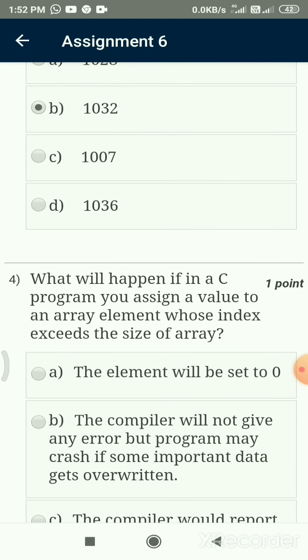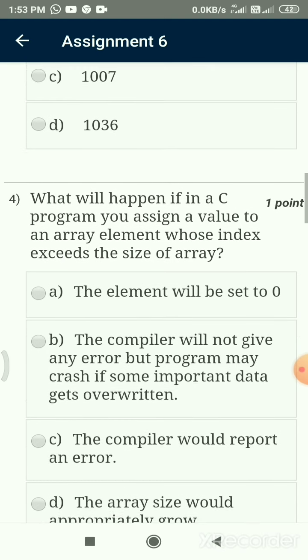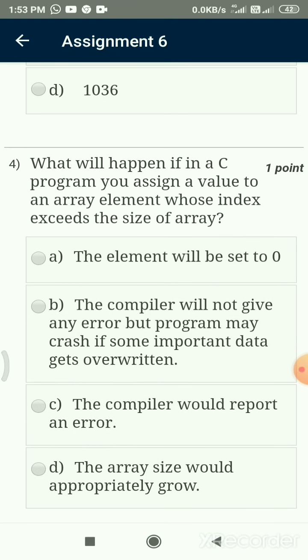What will happen if in a C program you assign a value to an array element whose index exceeds the size of the array? The C language does not support exceptions.